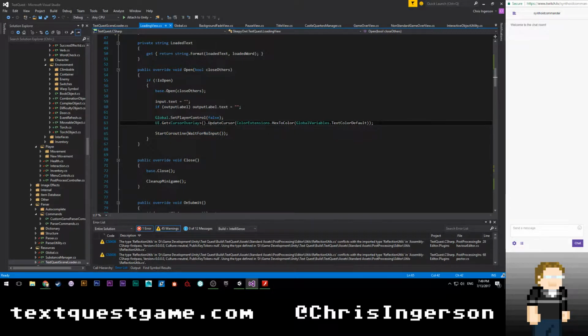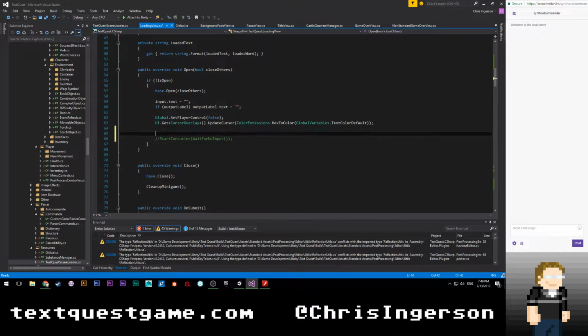Okay. Maybe, what if I do this? No, we're not going to start coroutine. We'll just do input.deselect field. I'm actually a little nervous about that now.